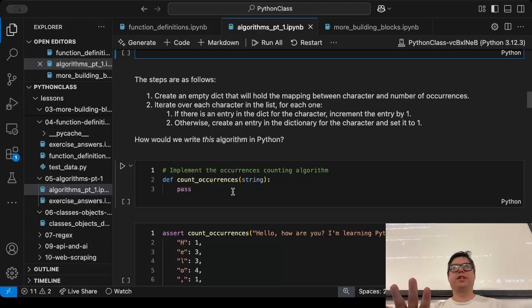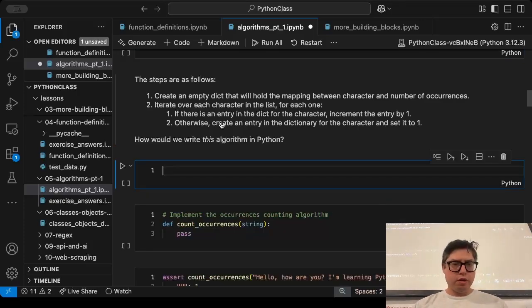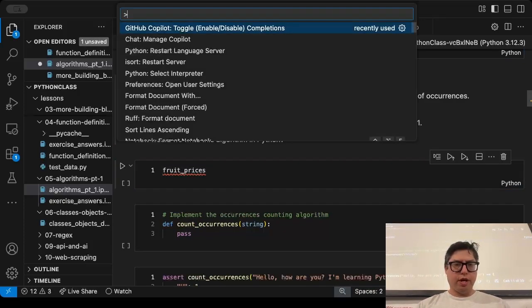Any questions before we start the exercise? No. Okay, great. I'm not sure we covered this, so I will give a hint. If we have a dictionary,